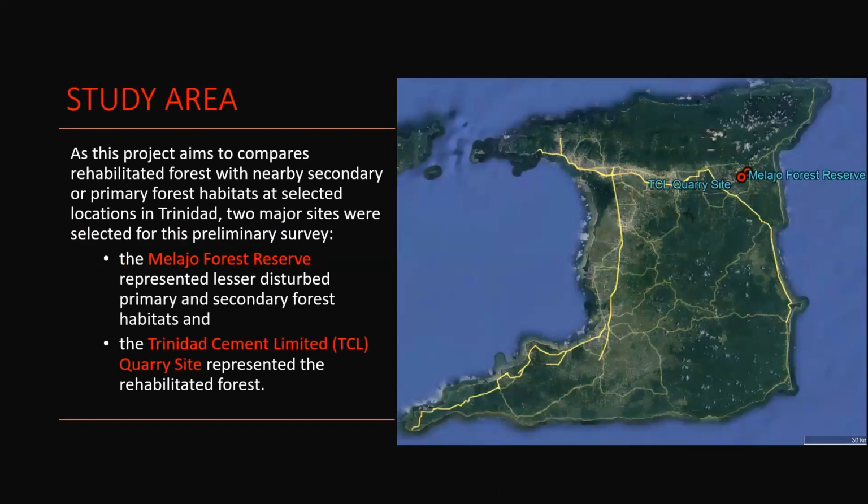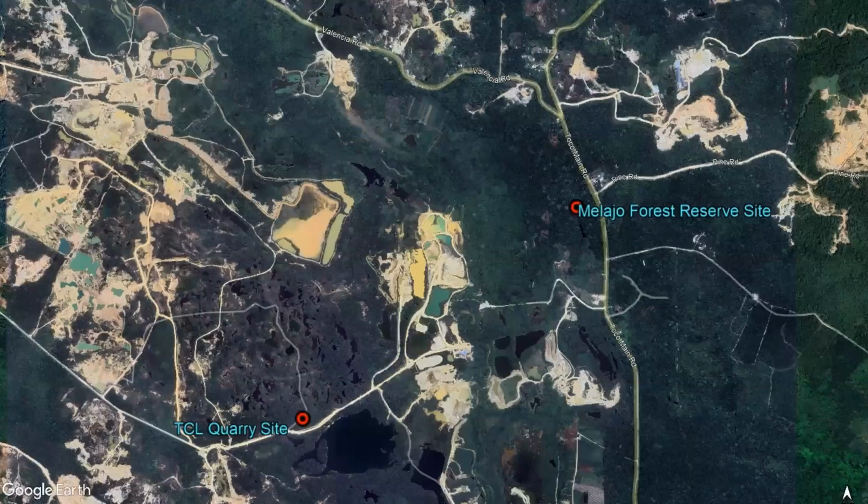This project looked at 2 major sites, the Malau Forest Reserve in northeastern Trinidad, representing lesser disturbed forest, and the Trinidad Cement Limited quarry site, the TCL quarry site, which represented rehabilitated forest. As you can see, both sites on this map are relatively close by, just about 5 to 6 kilometers from each site.